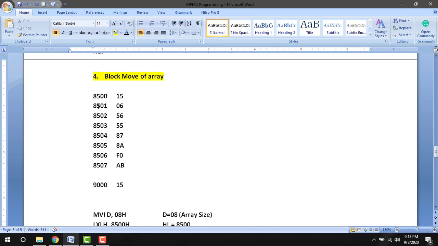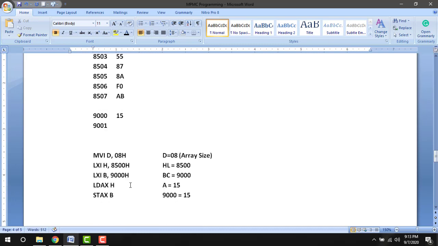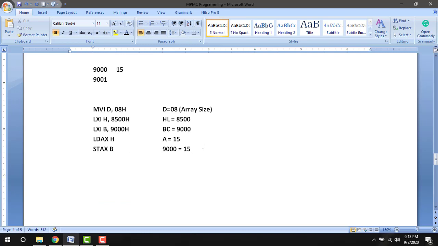So next we are going to move the second data. For that we are going to increment the two pointers. The first pointer we increment to 8501, the second pointer to 9001.